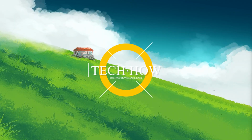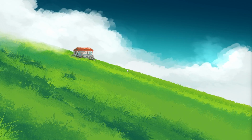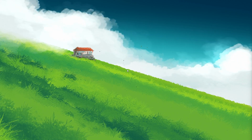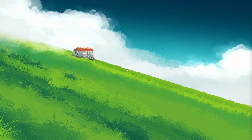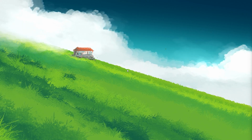What's up guys? In this tutorial, I will show you how to restart Windows 11 using only your keyboard. This method is quick, efficient, and especially useful if your mouse isn't working or you simply want to navigate your system faster. To restart your Windows 11 PC using just the keyboard, the first thing you need to do is